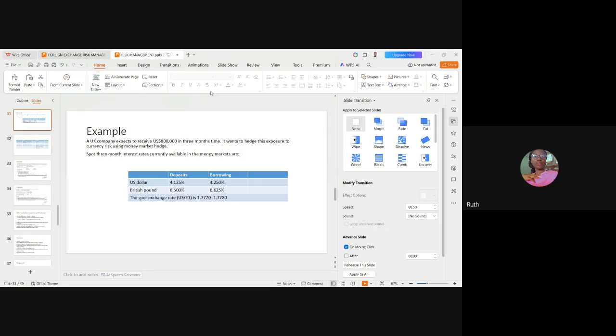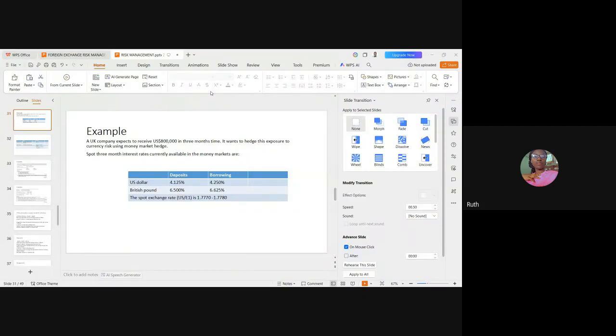So we are to receive 800,000 US dollars in 3 months' time. So it will appear under the future side, 3 months. And for now, what will that 800,000 be? So we are going to divide it by 1 plus R. And our R is our